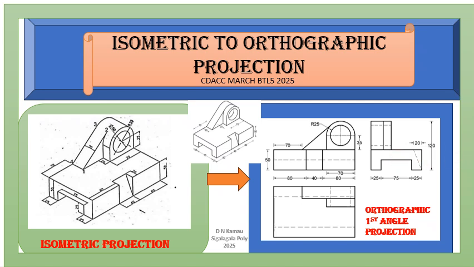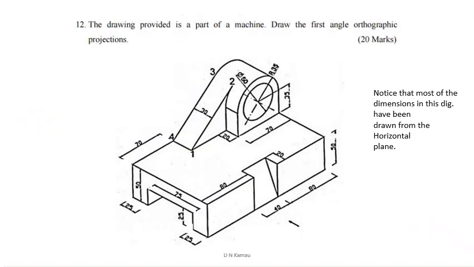So let's go down to it. Now, this is how the question appears, and I'd say the question number 11, number 15, but it is 12. The drawing provided is a part of a machine. Draw the first angle orthographic projection. So we also need to put at the back of our mind that this is a first angle